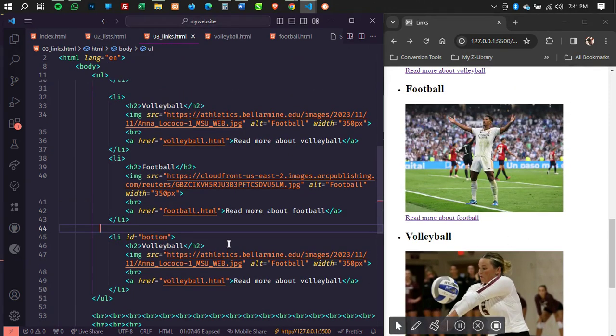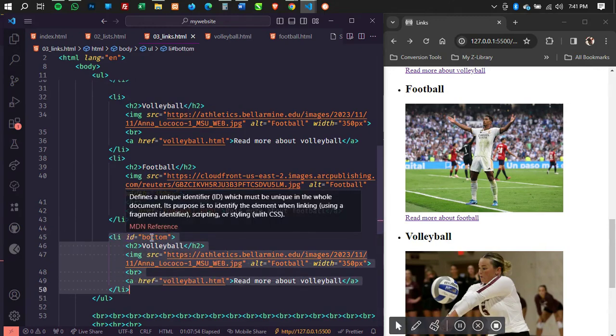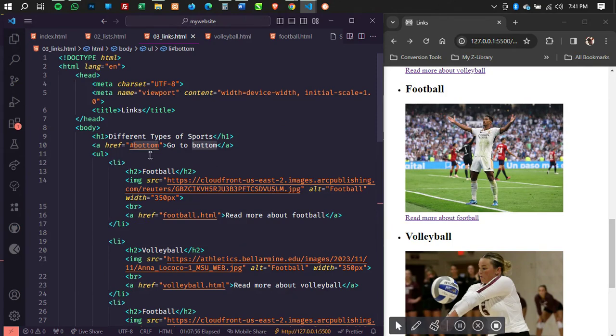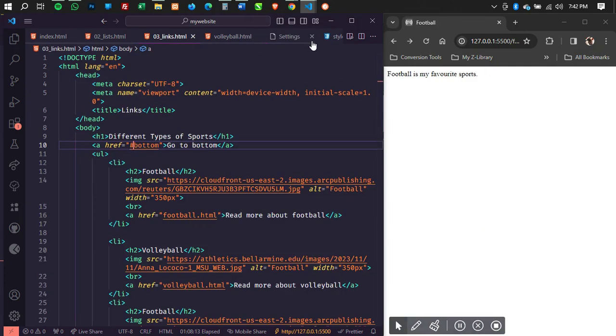So when you want to link to an item on the same page, you use the ID attribute, right? So I have a list item over here with an ID of what? Bottom. Now when I come here, I have a link, and then instead of specifying a different file, I'm bringing what? A bottom, right? And I'm bringing a hash over there, or the pound sign, which is the selector for what? For bottom. Let me just open my CSS file and show you guys something.